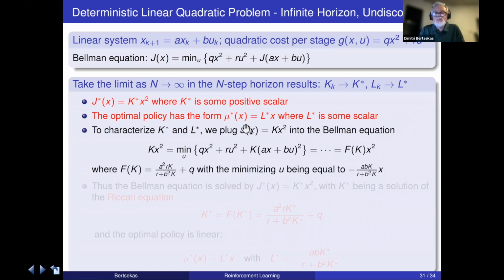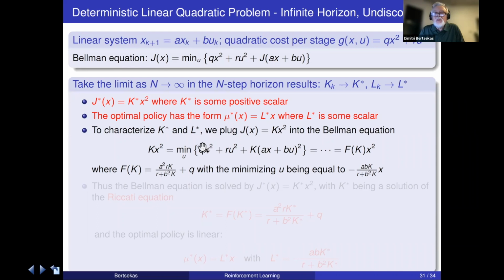And to verify that indeed this is true, and to characterize K star and L star, we plug in J star of this form into the Bellman equation, and we see what are the solutions of Bellman's equation. The Bellman's equation takes this form here, and now the nice character of linear quadratic problems emerges